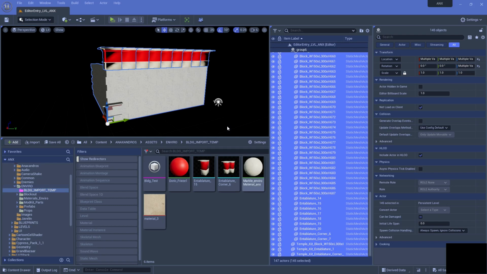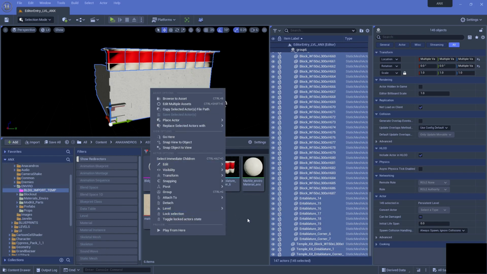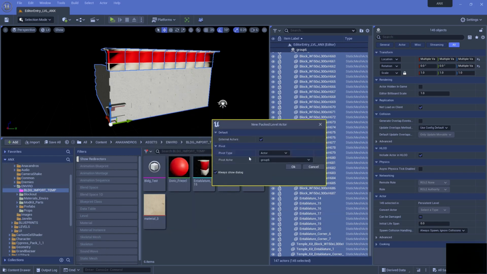And I suggest doing this in an empty scene, because if you have a scene that has other stuff in the outliner, sometimes it'll mash them together. It does it alphabetically, and there's no way to reorganize it. So some of these things might be mixed with other things in your scene. So I suggest doing this in a clean, empty scene. And then you can right click either here or in the level and go to level, packed level actor,